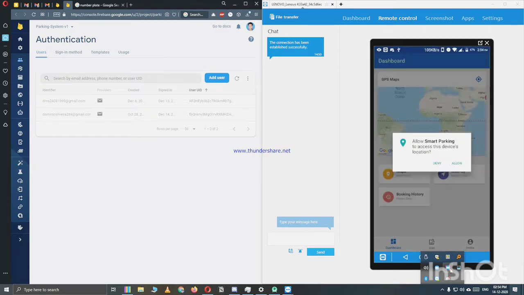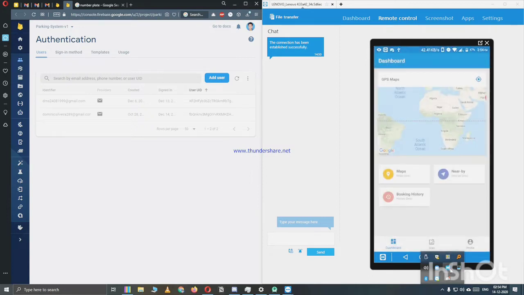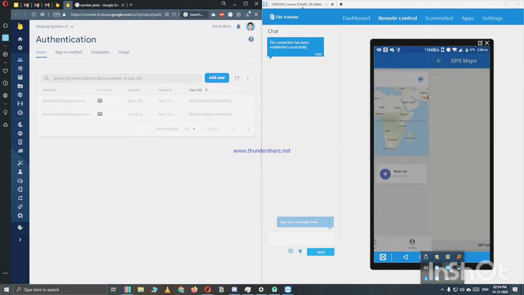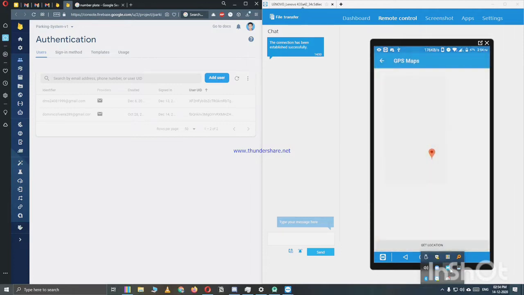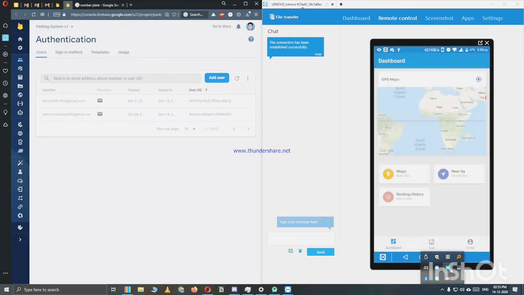Then we have to grant permissions for location, and then in the map section we can view the parking areas. Currently there is one, and if we go too far, then we can click on get location and get the current location. Then nearby,